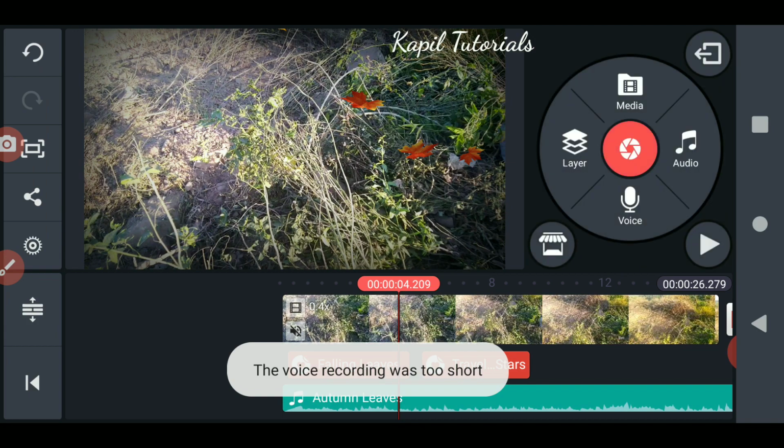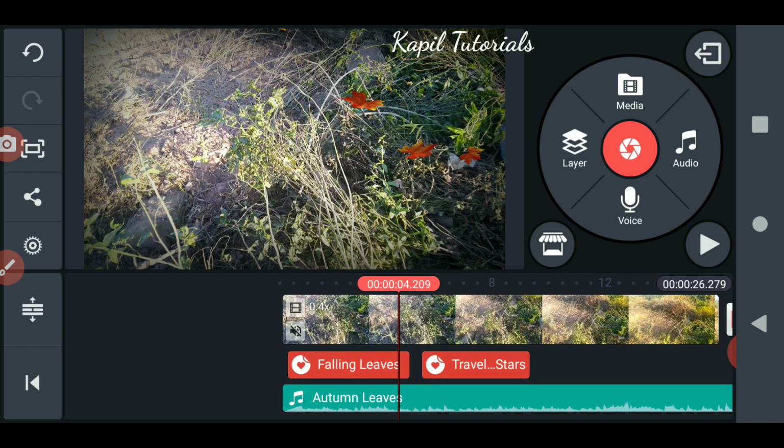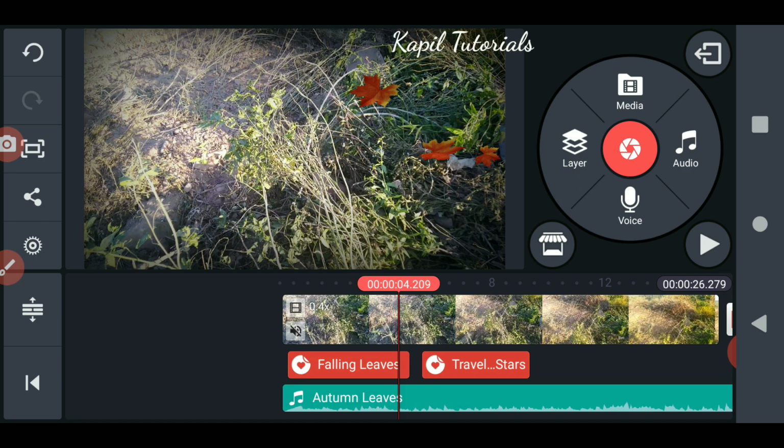In my case just now it's not recording because of the microphone. So in my next tutorial, I will specifically give you the tutorial regarding recording your voice, but the process is the same as I showed you. So just now I'll be stopping my tutorial here only.